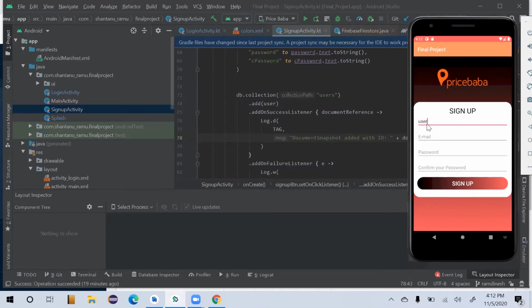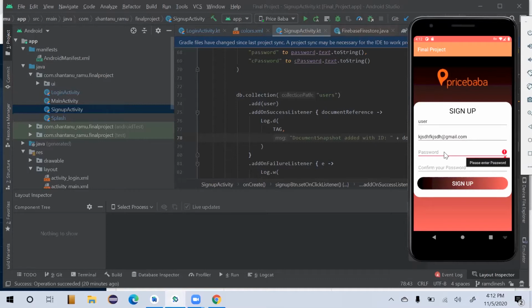If you enter a name here and click sign up again, it will ask for the email, and I also wrote the email validation. The email field does not accept any values apart from the email format. Let me show an example. It should throw an error like "please enter valid email address". A valid email address should have the at sign and a dot, something like the organization name.com. Now the password, and I also wrote the validation for password and confirm password.